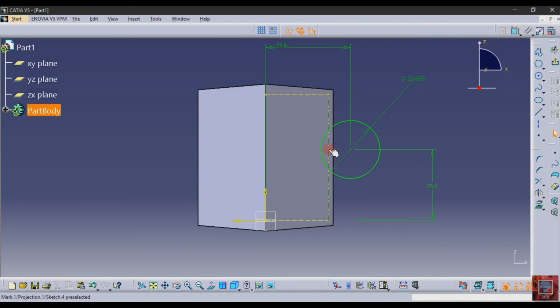After that delete this line, and then remove this construction line and make a line.